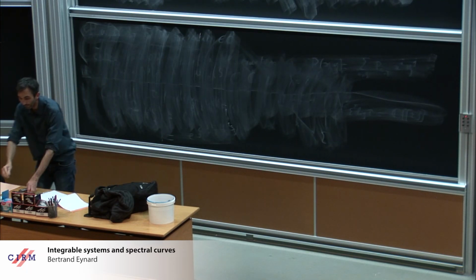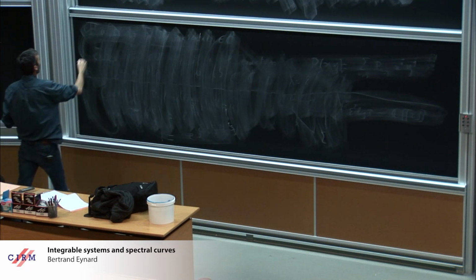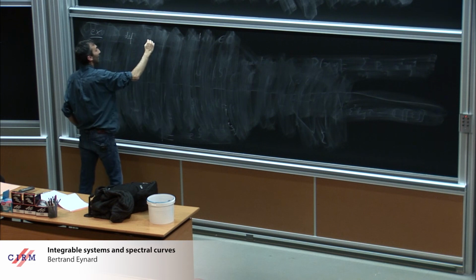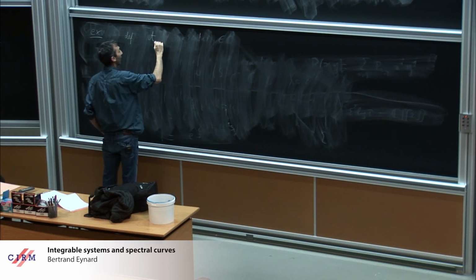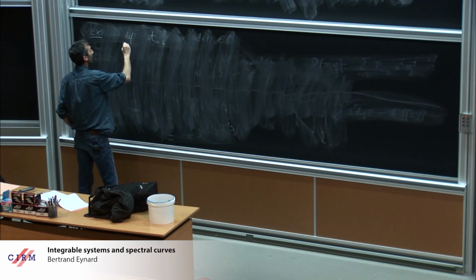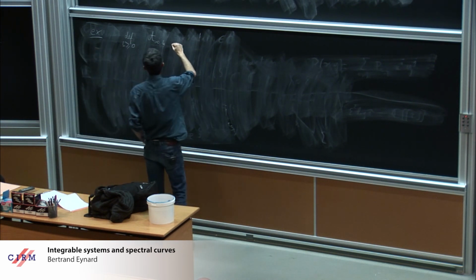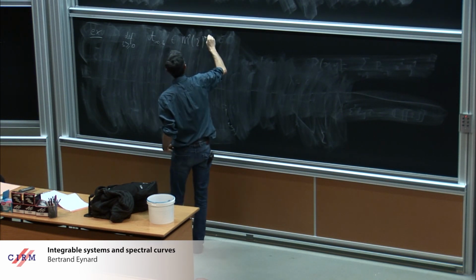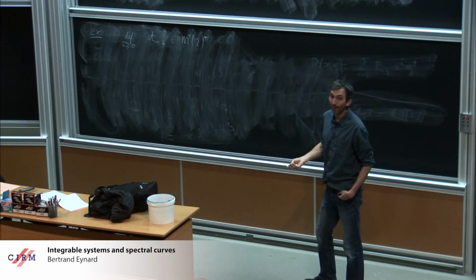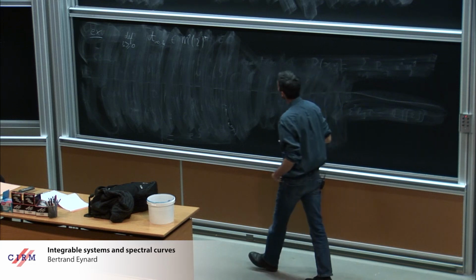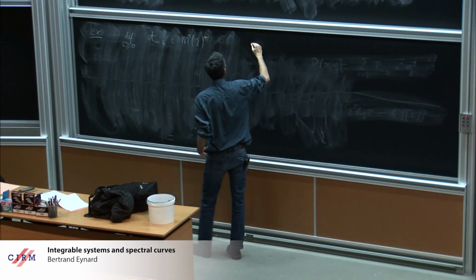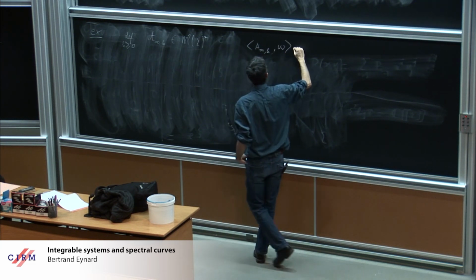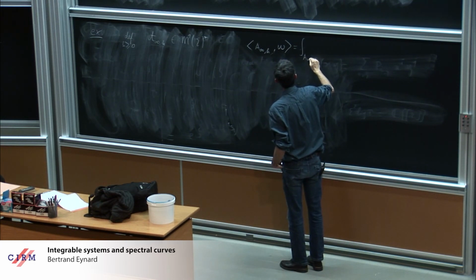So let's come back to our example, and let me define this cycle. Let me define the generalized cycle that I will call A infinity k, for k positive. It will belong to M1 of sigma star. So to define it, you need to say how you integrate a one form on it. So what is its action on a one form? You need to say what is the pairing with any one form, which is denoted A infinity k of omega.